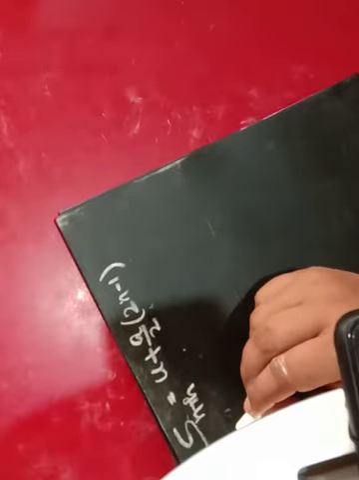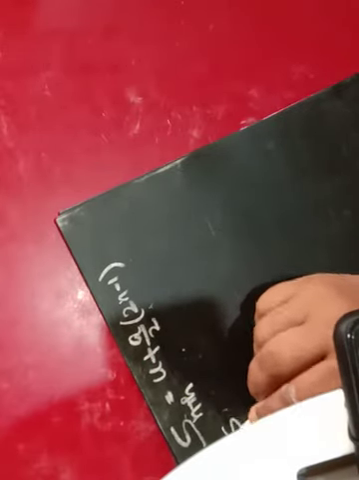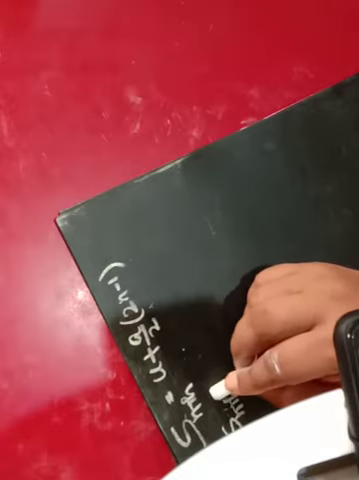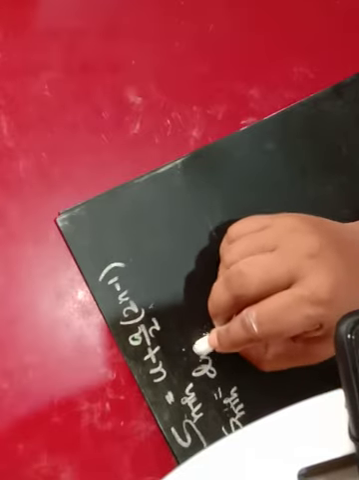S nth equal to u plus a by 2 into 2n minus 1. So what is that S nth? Just get confirmed about that S nth. S nth means it is the distance traveled by the body in nth 1 second. S nth का meaning होता है, this is the distance traveled